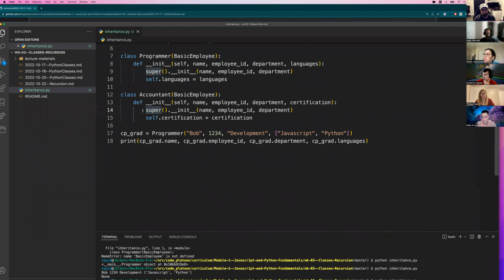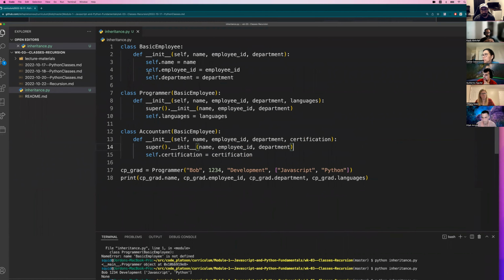It's basically mapping these from basic employee onto your accountant, so you don't have to reference basic employee ever. You only have to know it exists, but it is calling these variables that are attached to it. Does that make sense to everyone?